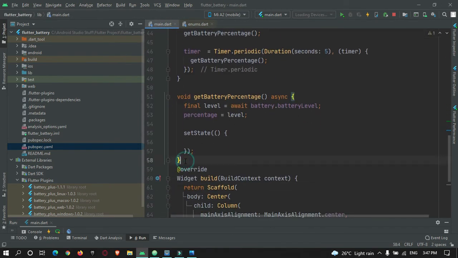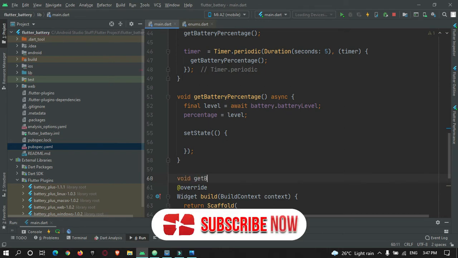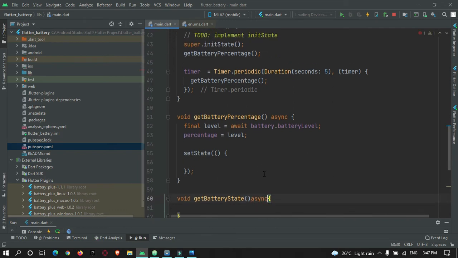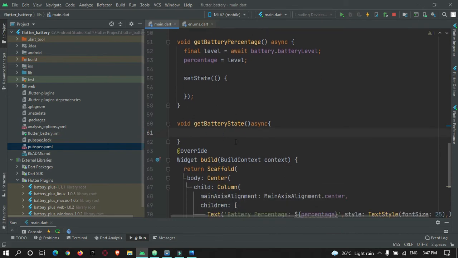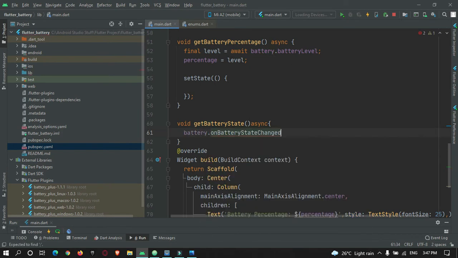Okay, so let's create one more method over here, void get battery state, and make it async. Inside this we can make use of the battery object that we have created, battery dot on battery state change dot listen.